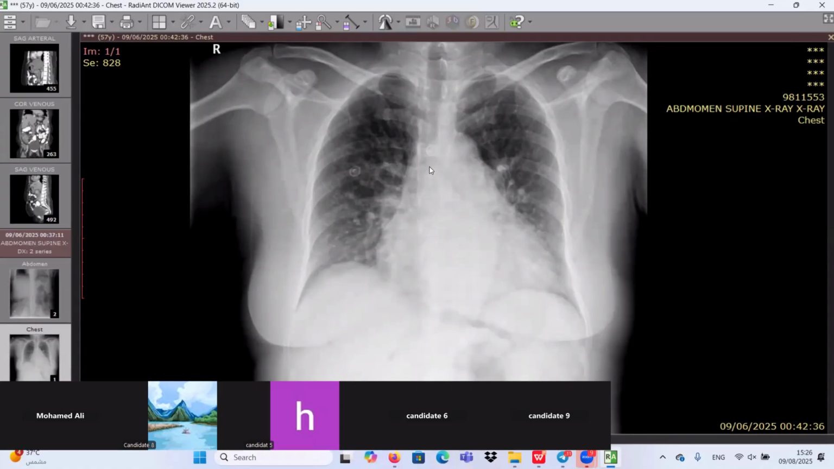Checking the bone. Yeah. And mediastinal contours appear unremarkable. So okay. There is no retrocardiac shadows. So I would like to check the bones. I can't see any